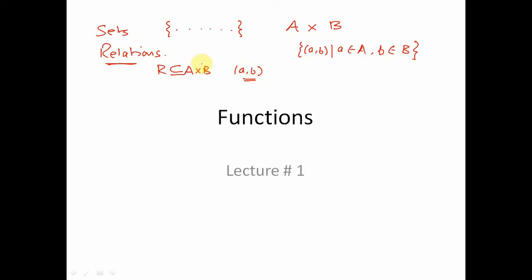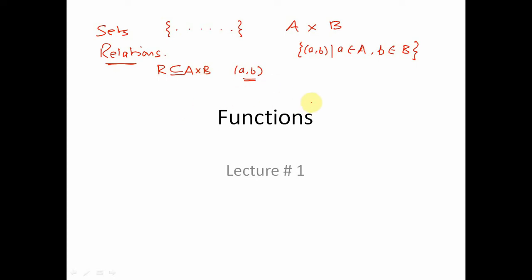So we saw there were different types of relations. We saw that there were symmetric relations, asymmetric relations, anti-symmetric relations. Then we saw that there were reflexive, irreflexive and non-reflexive, and transitive relations. We saw that there are equivalence relations, which means the relation is a reflexive, symmetric and transitive relation. The relation can be a partially ordered relation, which means that it is a reflexive, anti-symmetric and transitive relation.